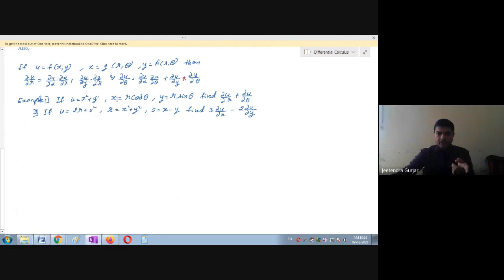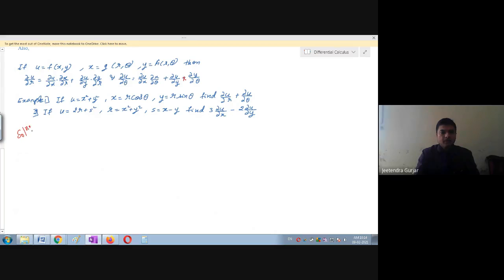By considering x and y, you can easily find the value of ∂u/∂r and ∂u/∂θ. This ∂ is nothing but partial differentiation. And when u, r and y are given like this, please consider this as chain partial differentiation that you are going to do. Okay, let us solve this example and see how we are going to simplify.